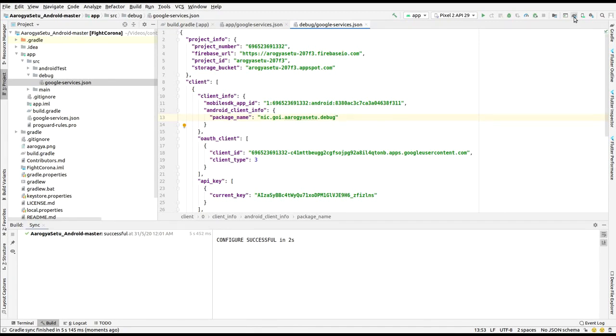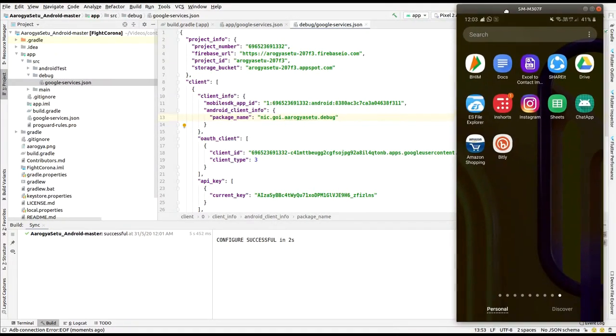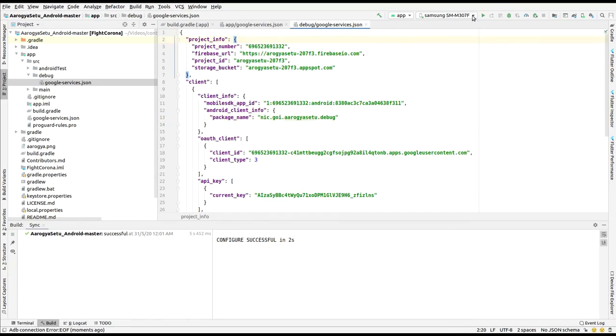Now I have to run this application, and we will face some other errors too, and we have to fix them also. So wait for some minutes. I will open my phone screen on that. Yes, it is connected. I have to open that screen so that you can see what is happening and why the app will crash. Okay, I have to click on run.